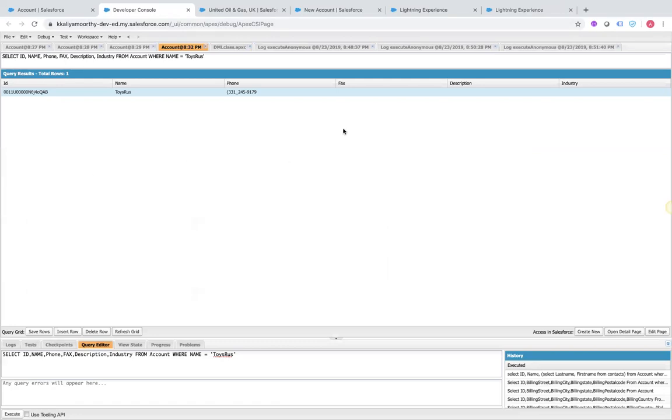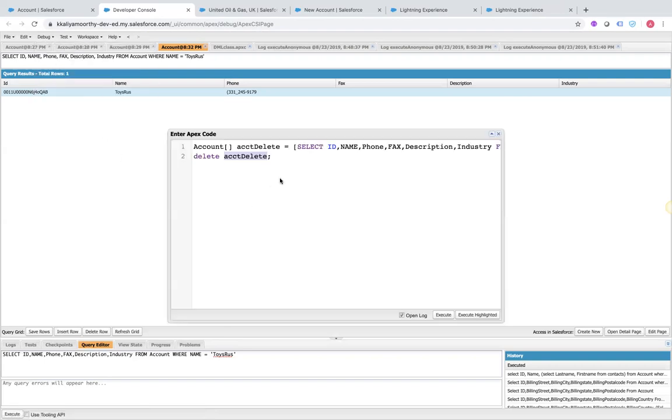I'm still able to see it, right? Technically, it should not come. That's what the logic is, correct? Yeah. Let's see what's going on here. Name equal to select ID, name, fax, descriptions. Okay, from account. It's bringing one, and then